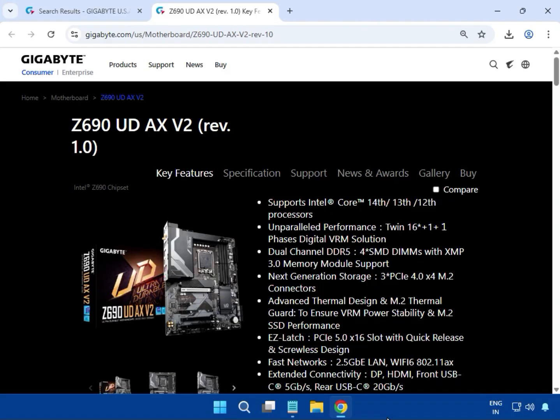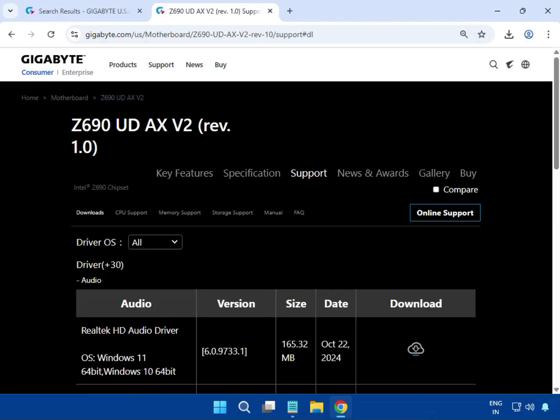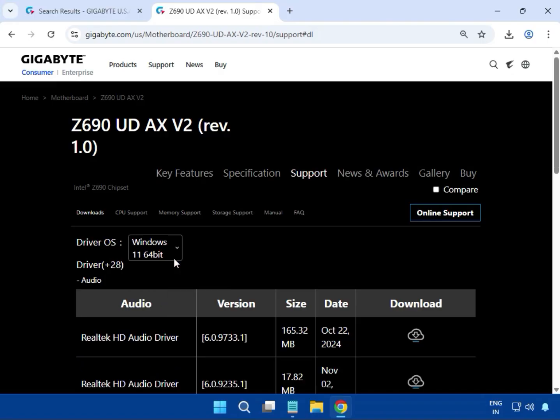After that it normally opens a new tab, and then click on support. So select any operating system, because the installation process is the same. You can see this video and install a driver on any operating system. Okay,